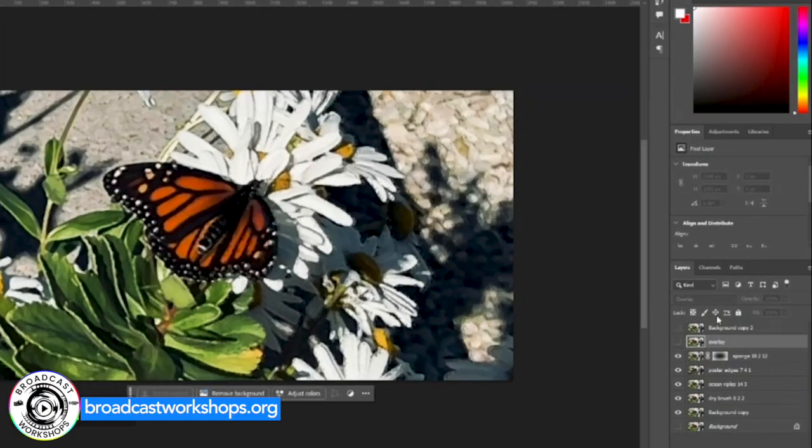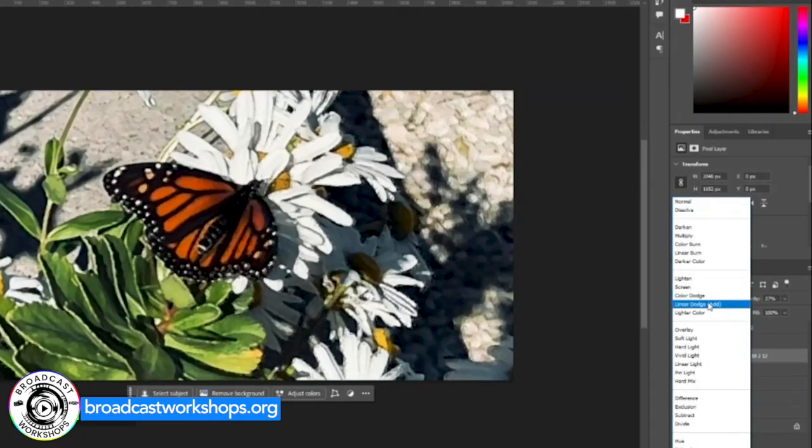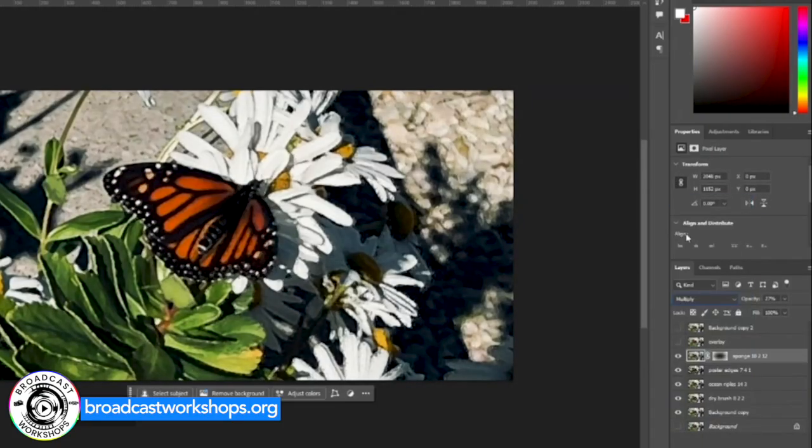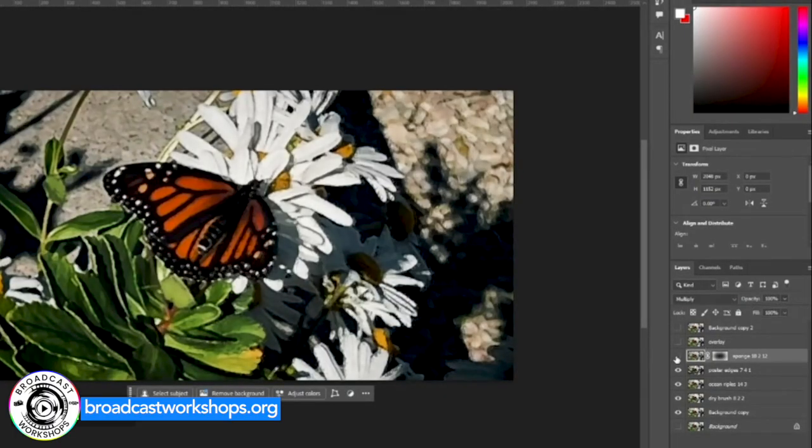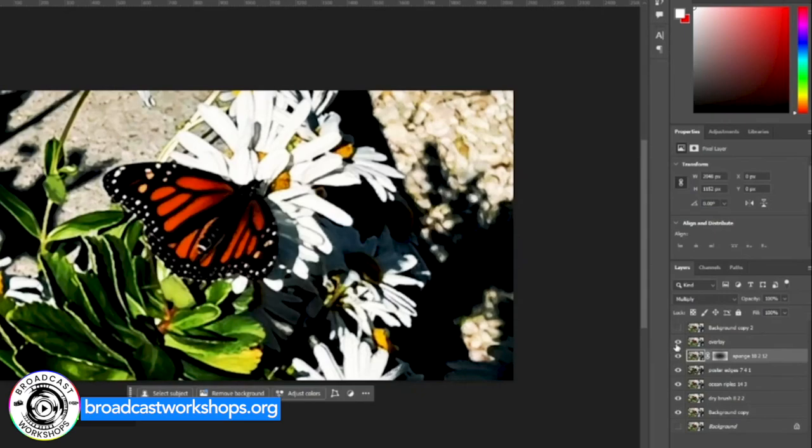But then I want to apply this as a darkening layer. If I do this as a multiplier, you can see it's actually starting to create a vignette. And if I increase the opacity of this, you'll see it even more. See how it's vignetting? Which is right. So the last layer that I want to bring forward is the overlay layer, which was